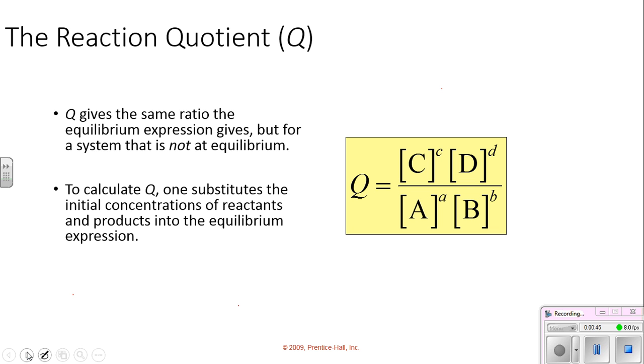So there is a difference between Q and K. Q is like K, except it is the same expression, but not when the system is at equilibrium. So keep that in mind. Just like I said, it's written just like K. So if we look at the example of